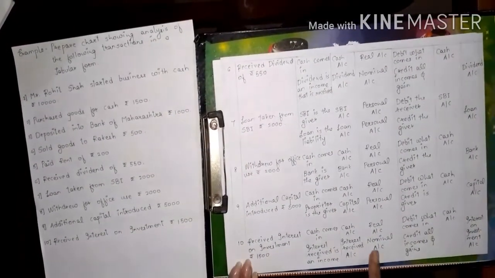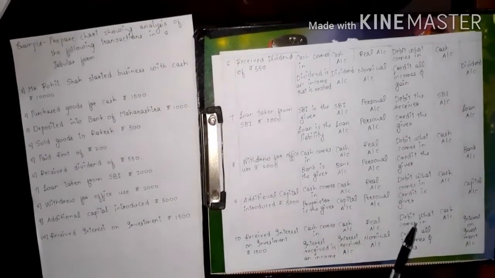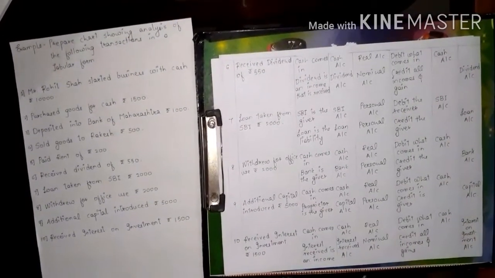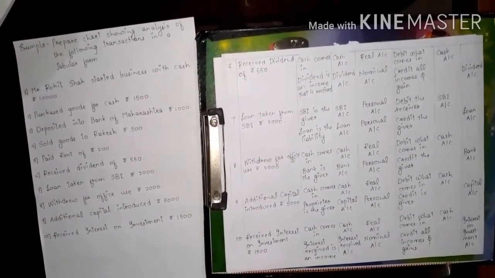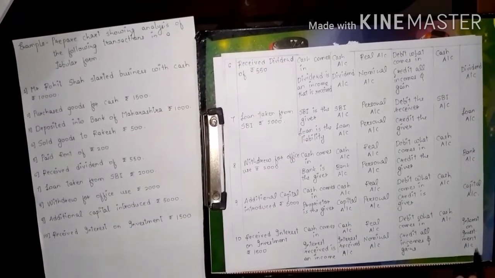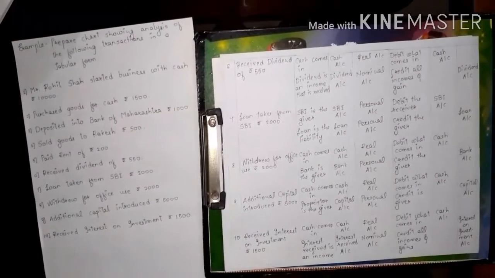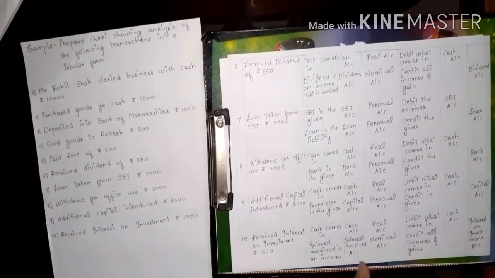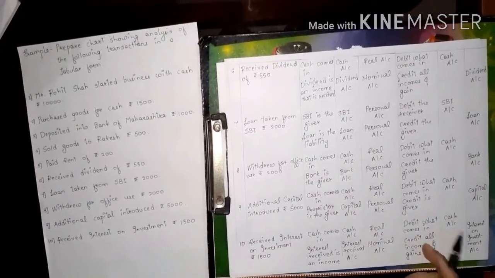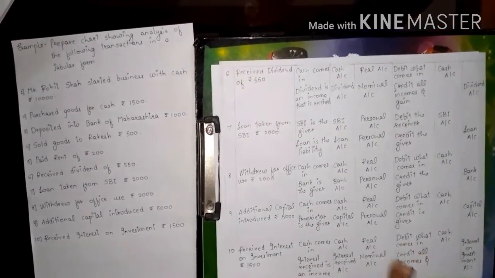One point I would like to highlight over here: why is capital the giver? Because we have given money into the business, so it is the responsibility of the business to give back that money that has been invested by the proprietor. How can the company return the money? By making profit, by investing in some other company so that we will receive interest. This is the rule of a company. The company has to pay the proprietor's amount in the form of profit that is going to be earned in future.